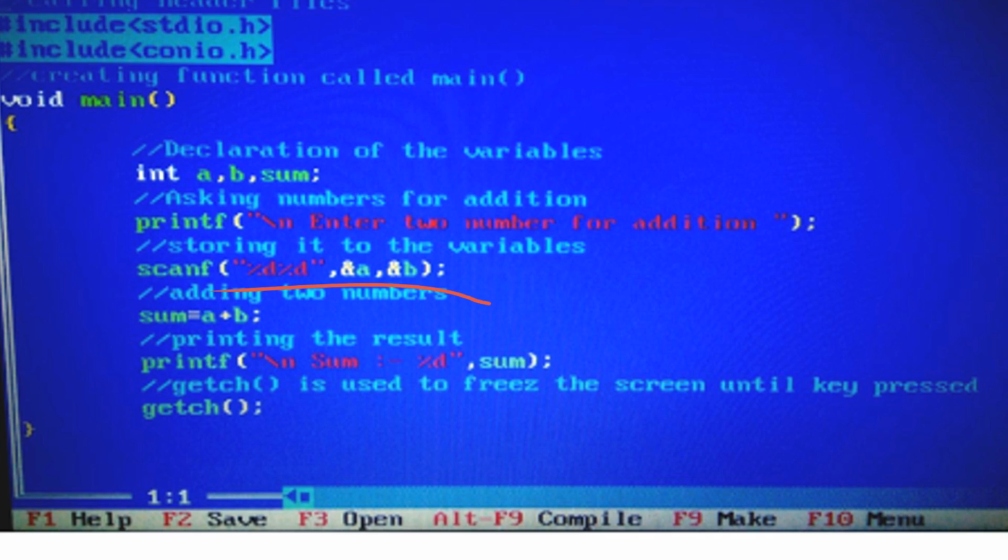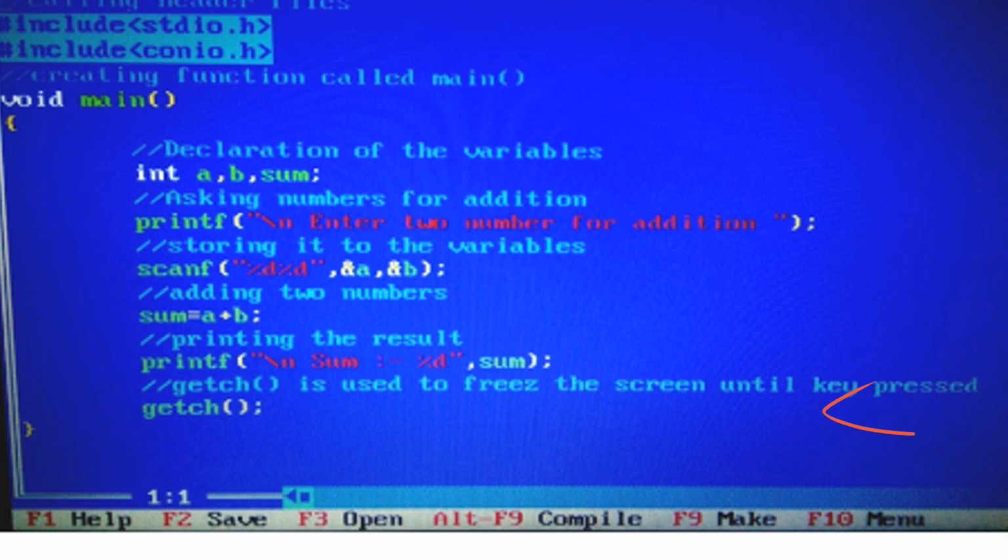One message will be printed, enter two numbers for addition. Whatever the user enters, for example, if he writes 10, presses enter, again writes 20, presses enter, then it will scan 10 and place it in a, it will scan 20 and place it in b.